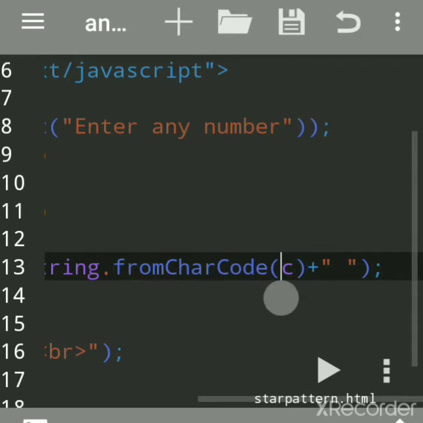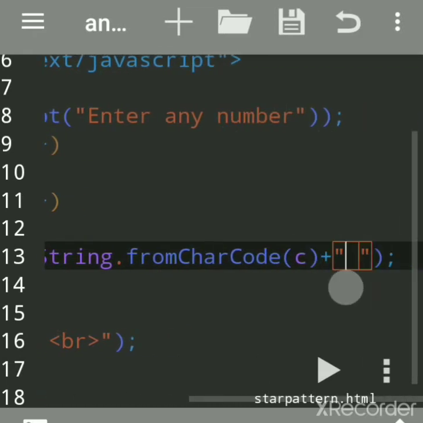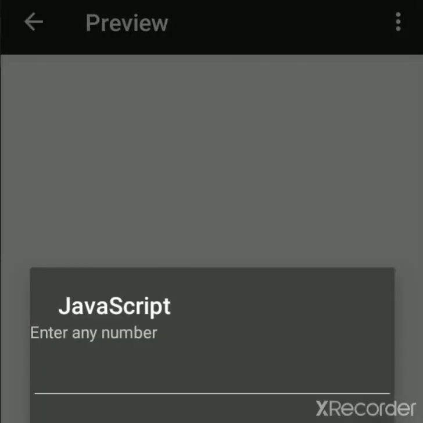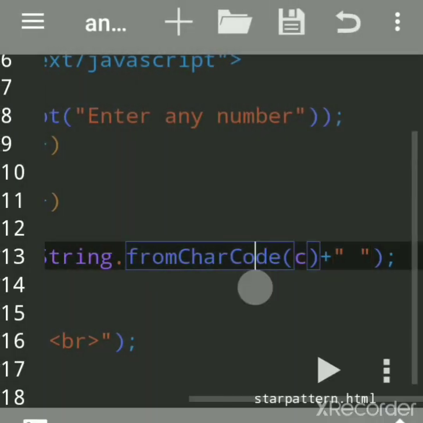So at 65 we have capital A, at 66 we have capital B, at 67 we have capital C, and so on. So here, with space, plus means we want to add a space after A and then C. I'll show you why this is used. Suppose the space between A and B, the space between C and D, so for that double quotes are used. Now String.fromCharCode, you have to write C capital here in char,